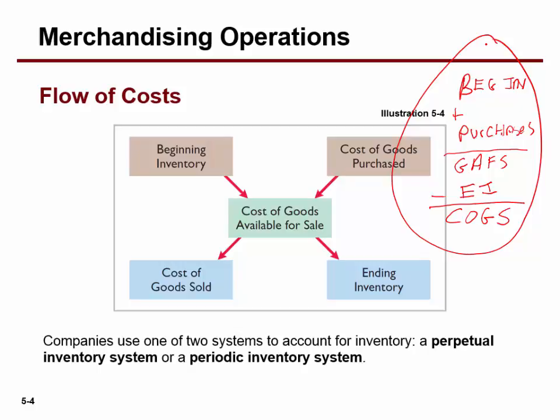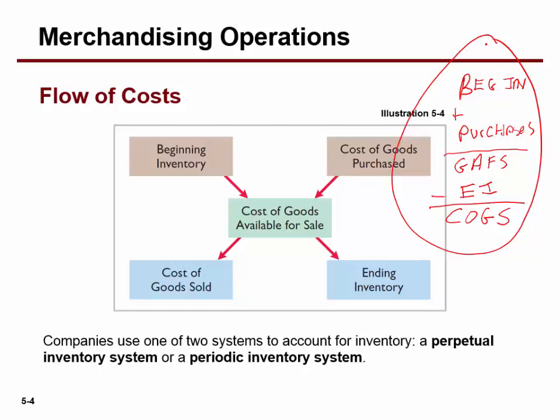Because you could have a question on your exam in which we'll say, here's the beginning inventory, here's what they purchased for the period, here's the ending inventory, what's the cost of goods sold? And you're going to use this little thing to help you answer it, aren't you? Okay? You've got to know this thing like a Catholic priest, don't you, to be able to answer questions. So what does the Catholic priest say? Beginning inventory plus purchases equals goods available for sale, minus ending inventory, equals cost of goods sold. You need to be able to rattle it off just like that, right? And if you can, then you're in pretty good shape to answer questions that are going to expect you to look at that, okay?